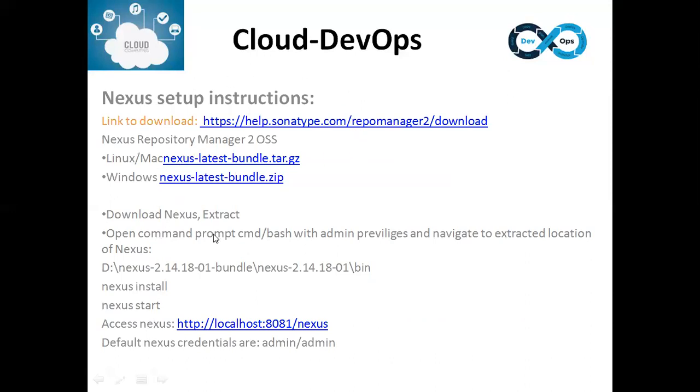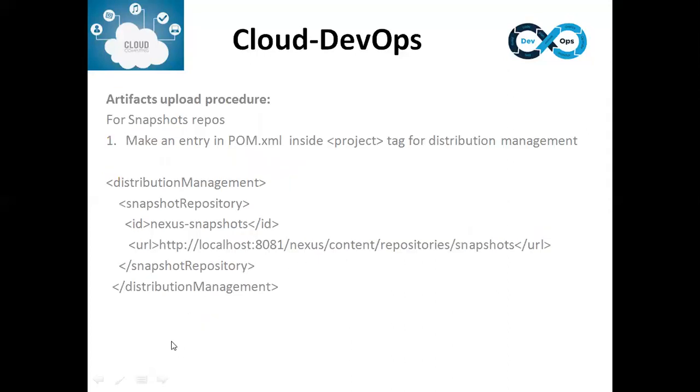Now, this is the procedure for how to download the Nexus repository manager OSS, how to install it, and how to start it. Just follow these instructions and you will be able to install Nexus.